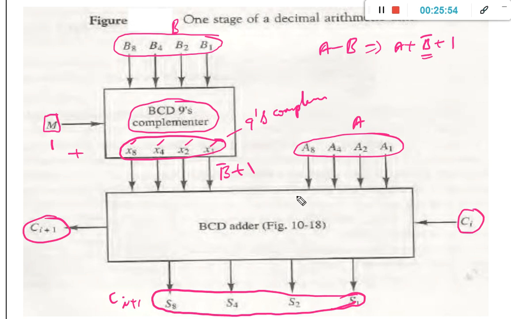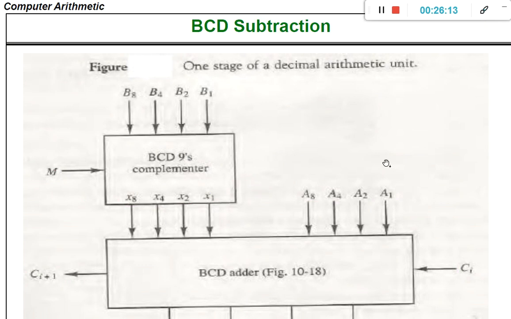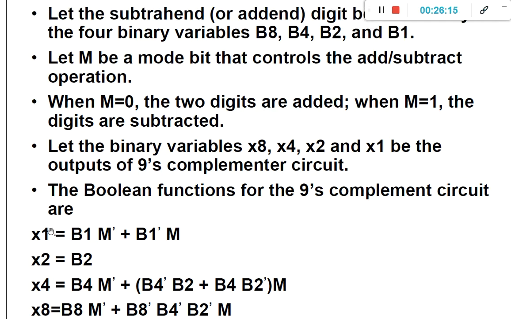So like this we are going to perform the subtraction operation and convert the b value into its 10's complement, so that we perform the correct subtraction operation. If you have any doubt, you can substitute the values and see whether we get the correct 9's complement value or not, by taking a specific b value and a specific m value.